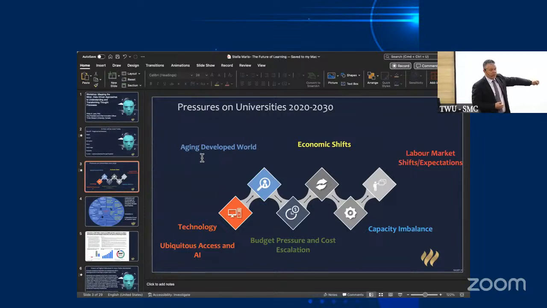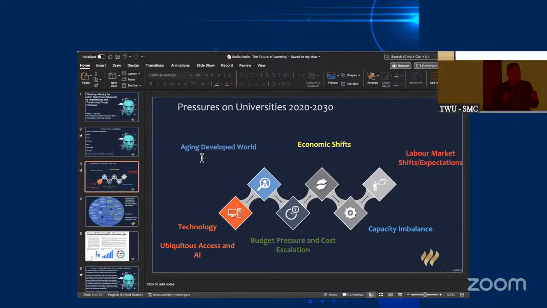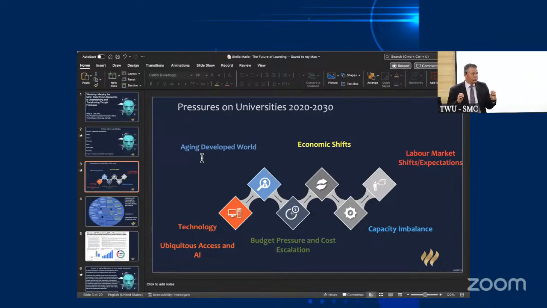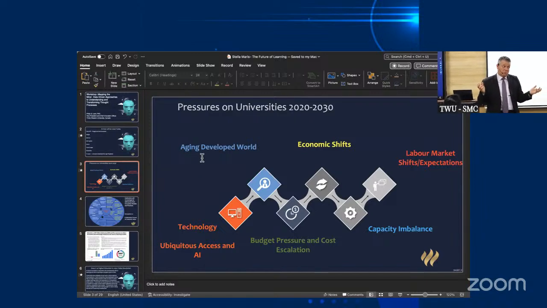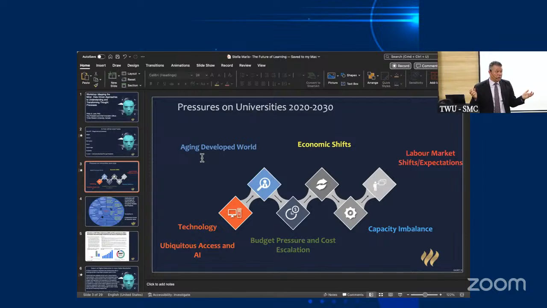Simple capacity imbalance. If you have a country with the world's largest number of tech graduates who are coders, it doesn't require anyone to do coding anymore. The world's largest number of software coders can code using AI without knowing languages.